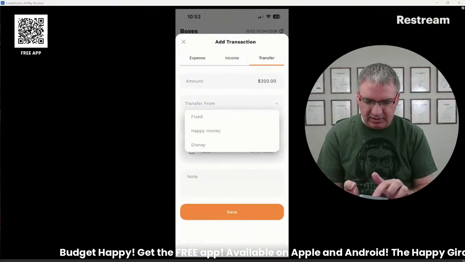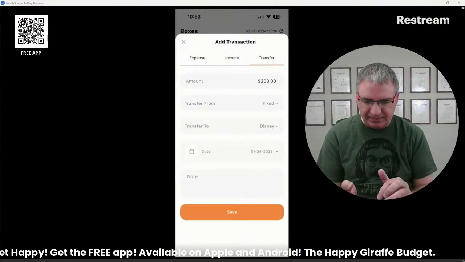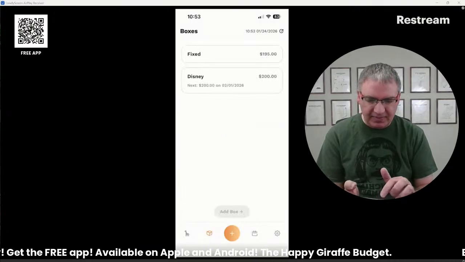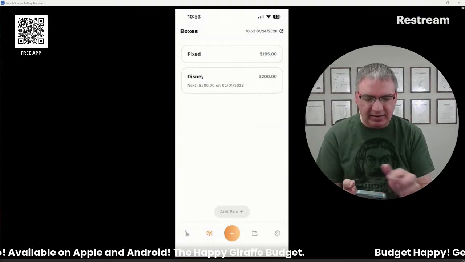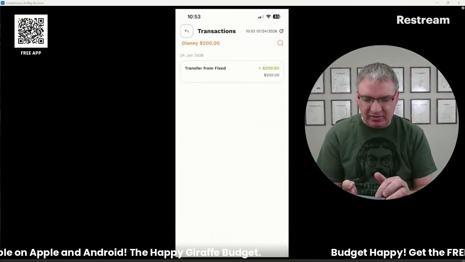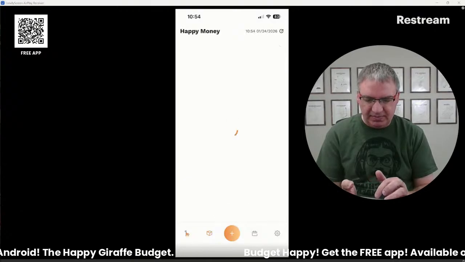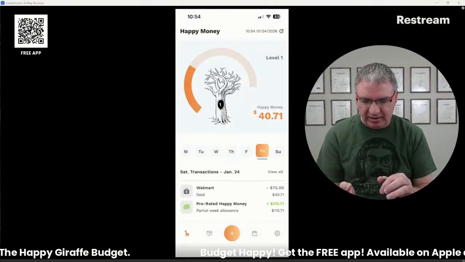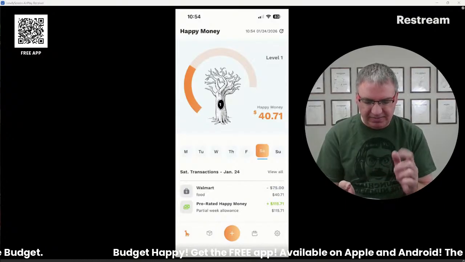I'm going to take that from the fixed box and put it in my Disney one. There we go. Okay, so I got a good little buffer in my fixed box still, and I got some money in Disney, which is pretty nice. And then, yep, I've still got my money over here in Happy Money. I've just got enough to get through till Monday.